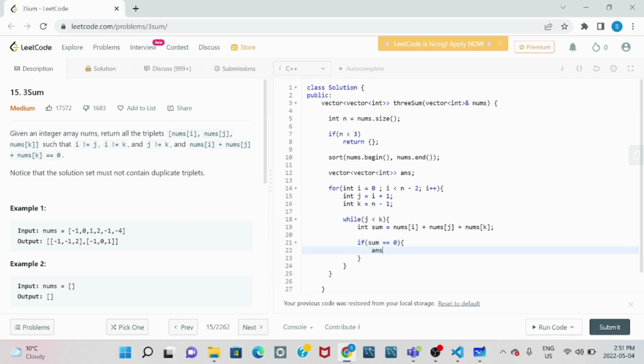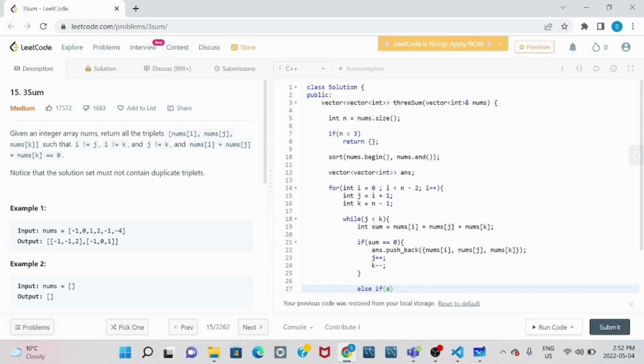So we'll push back these triplets: nums i, there you go, nums j followed by nums k. We got our triplets and we want to find more. So as I said, j will always be incremented, k will always be decremented. But what if